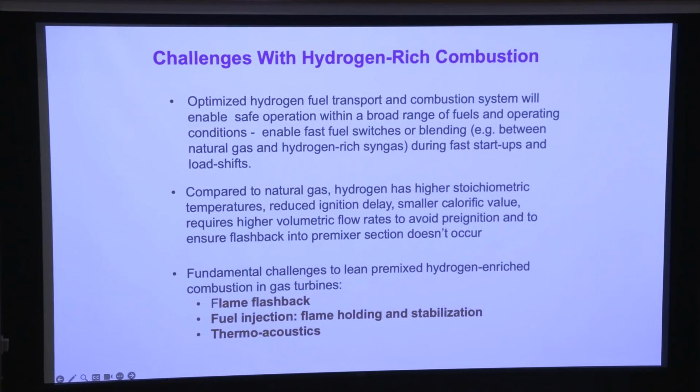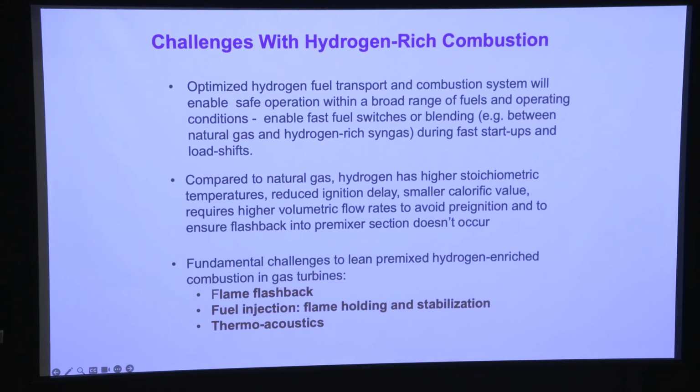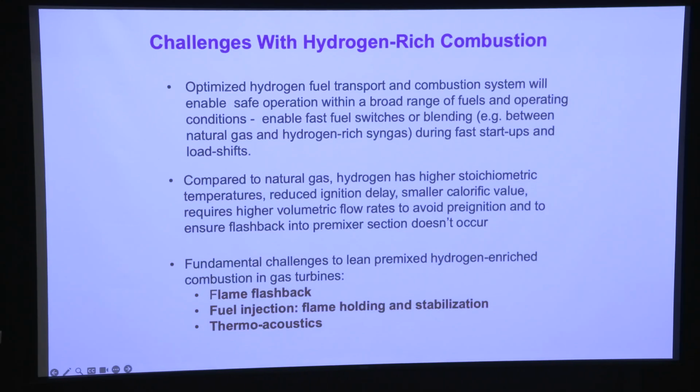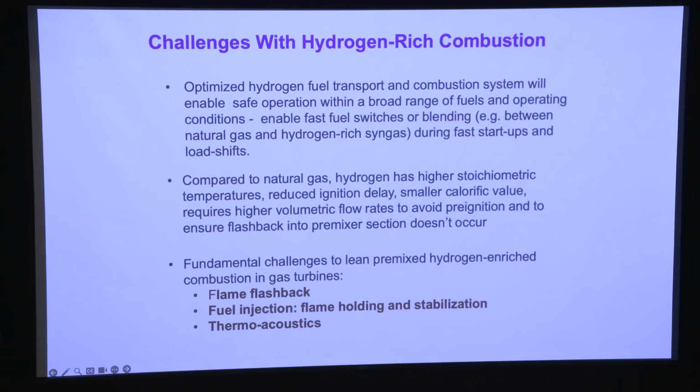And so we need to figure out methods to optimize transporting hydrogen and its combustion system for safe operation. And the trick here is also you want to offset the intermittency. So in electricity generation from the renewables, you want to be able to have load as well as fuel flexibility in these modern gas turbines so that you can quickly ramp up or ramp down the